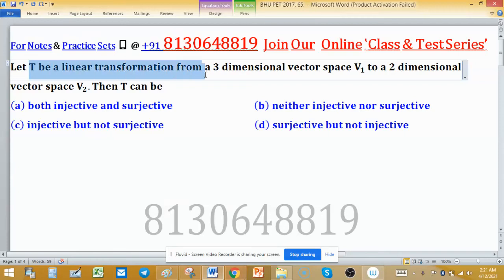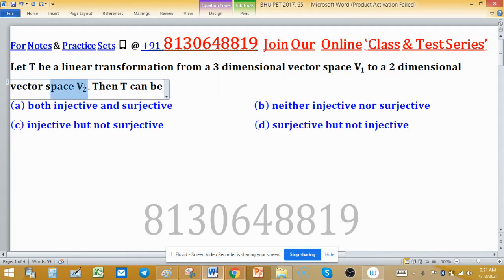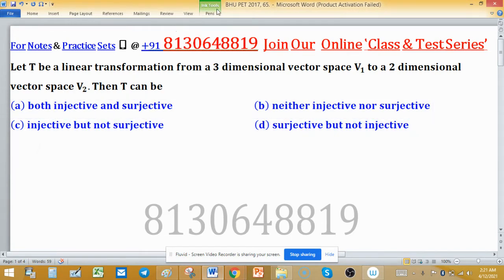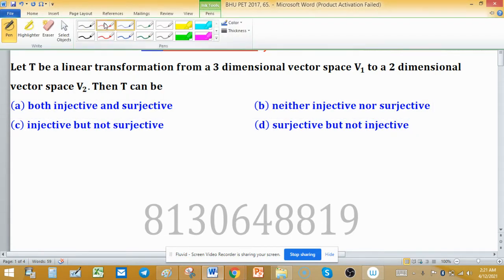Let T be a linear transformation from a three-dimensional vector space V1 to a two-dimensional vector space V2. Then T can be both injective and surjective, neither injective nor surjective, injective but not surjective, or surjective but not injective. Means we have to tell about one or two of this linear